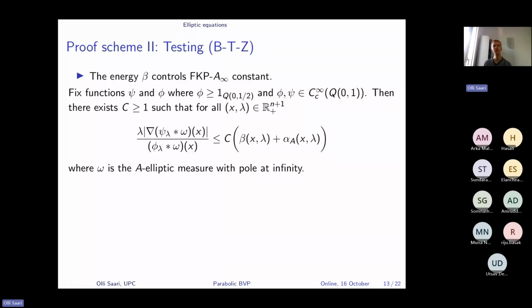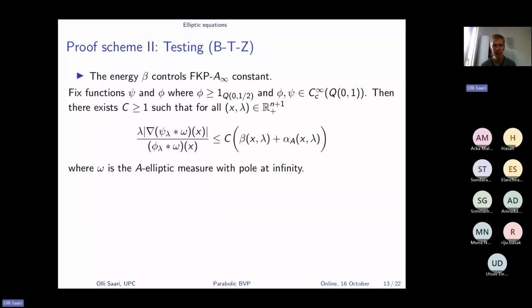Let's see how we get there. We fix functions psi and phi, which are bump functions, say, at unit scale. And then we can show that there exists a constant depending on the data of the equation, so that for any point, we can control the quantity on the left-hand side of the first display, which now, in the numerator, contains some cancellation. So in a way, it measures smoothness, and the denominator is there just to normalize. So this quantity, these people controlled by the beta energy